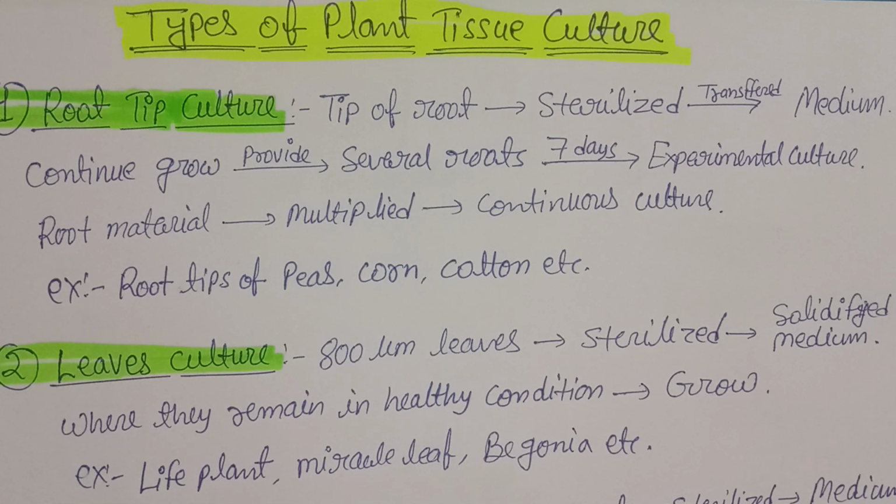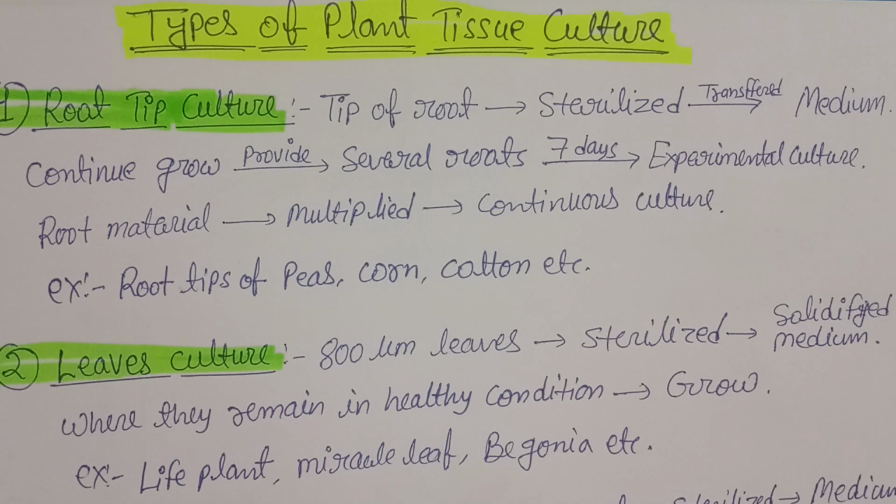So whenever this question comes in the exam, we have to read the question carefully to see whether it has asked for the types or the methods, right? Generally the types of plant tissue culture are clearly mentioned in the syllabus. So there are different types, where we use a different part of the plant and cultivate it in a different nutrient medium, then we get a new plant, and that is called the type,